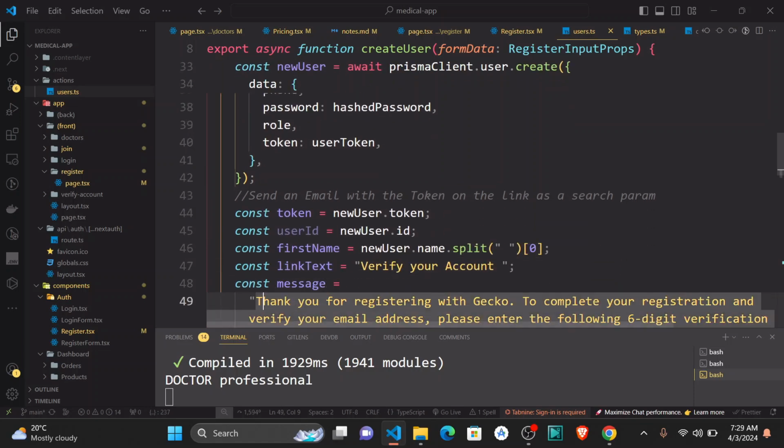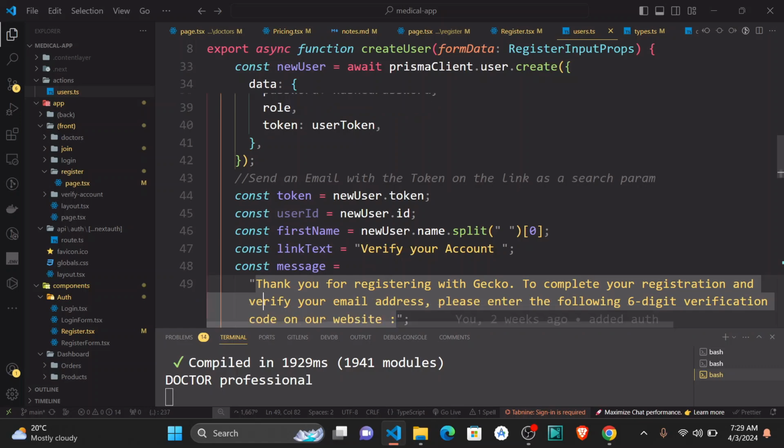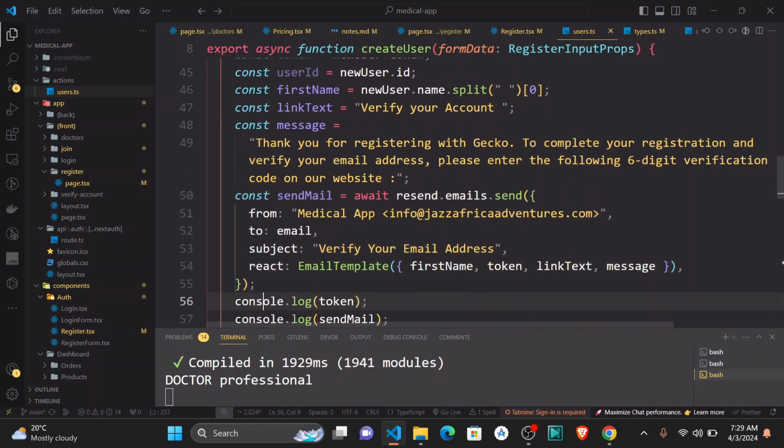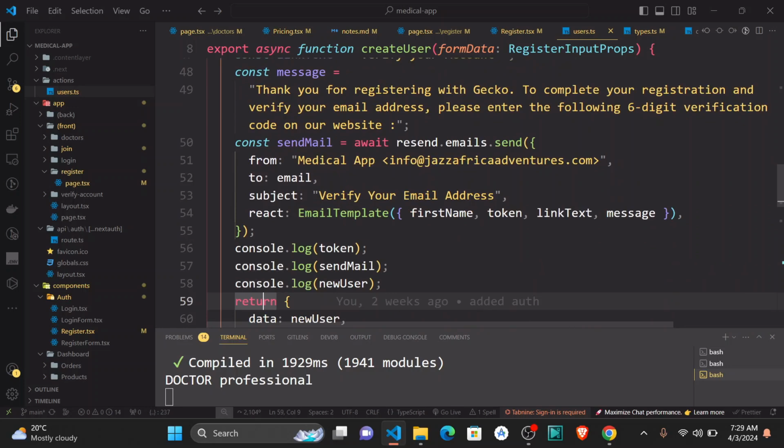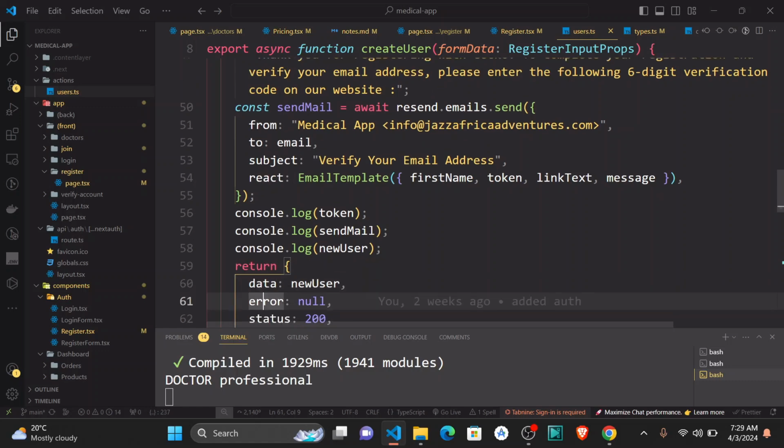And then we have the token plus user ID, first name, and so on. And then we have sent the mail. Okay. So the only thing, I guess, is that